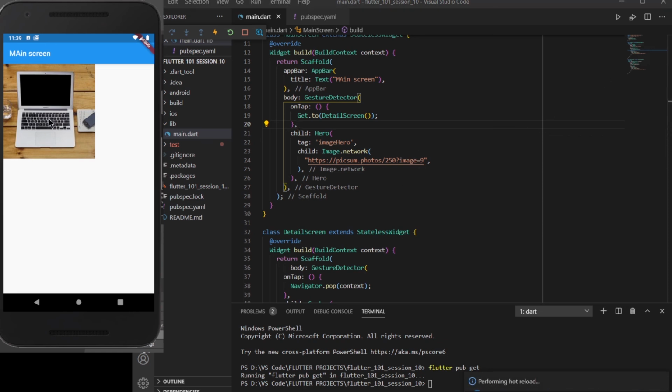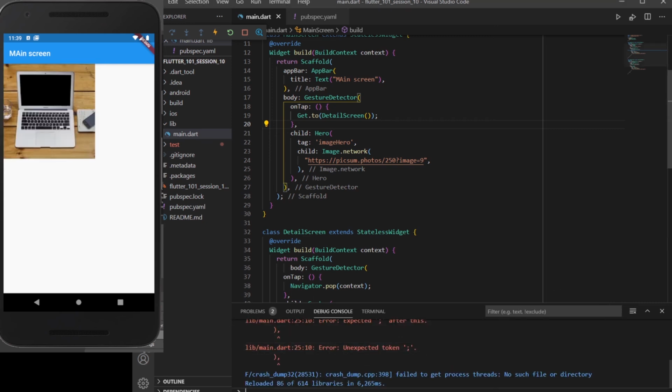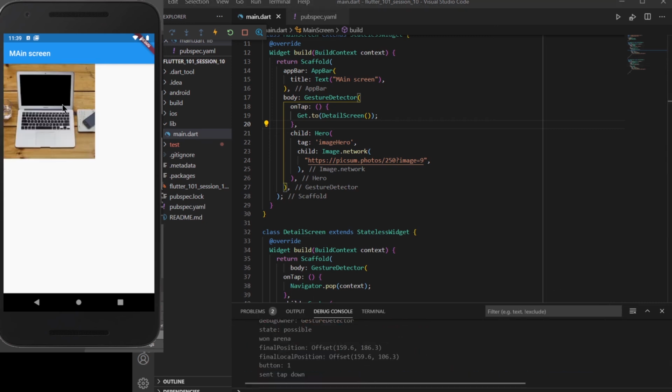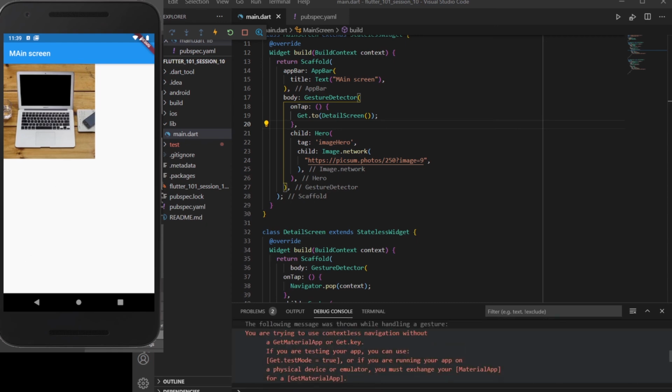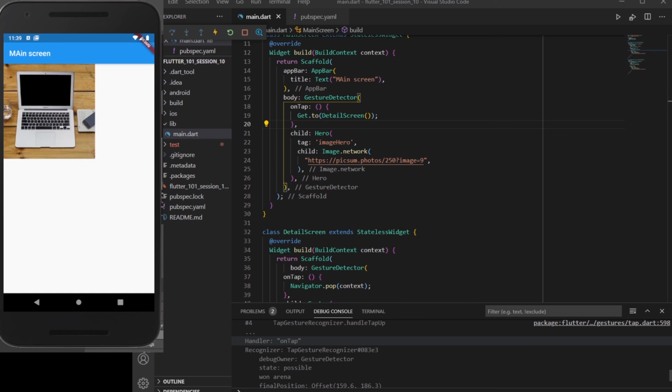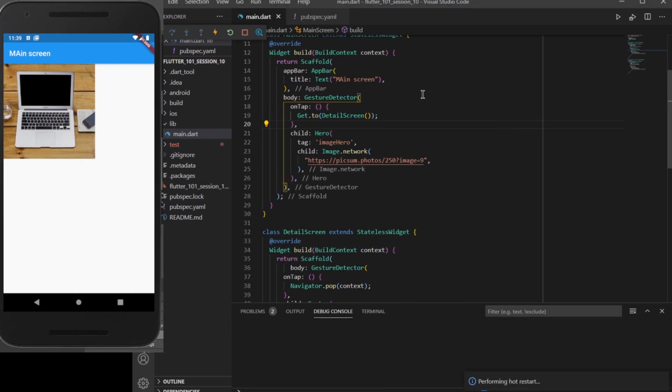It is back to the debug terminal. When I click on this, it is saying that an on tap has taken place, but it is not recognizing what it is. So let me hot restart it for now. The application has restarted and the image is displaying.